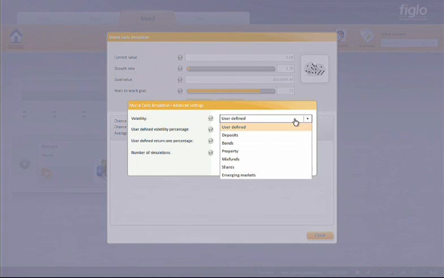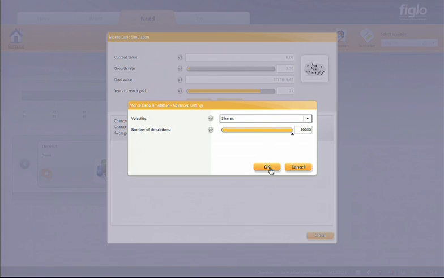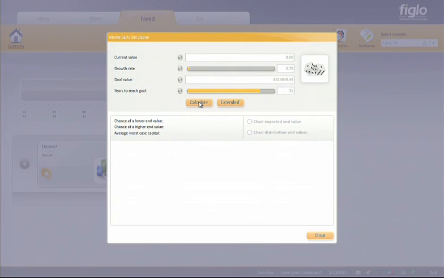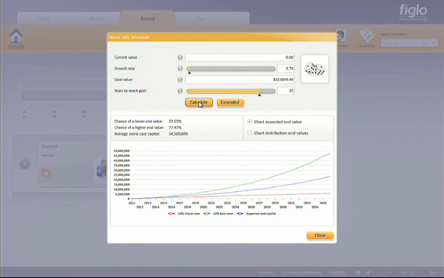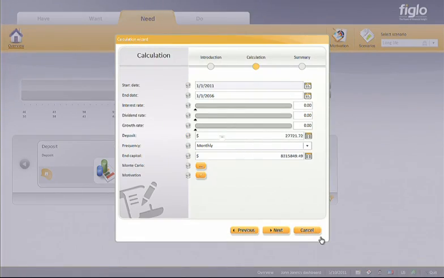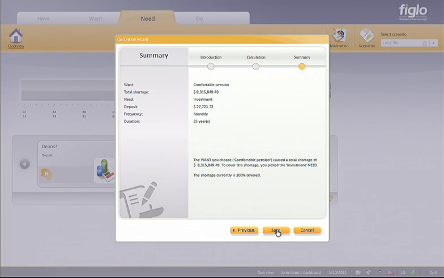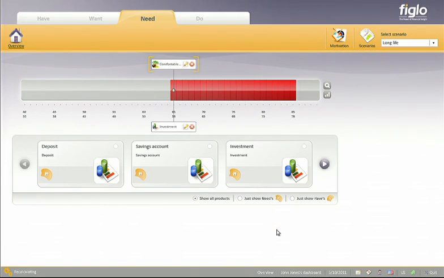I'm going to go ahead and change this from a standard investment to an investment in different equities. And I'll do a quick calculation and run about 10,000 Monte Carlo simulations, and I can now see with about a 77% probability that this investment will meet the needs. So the system will do a quick recalculation and find that, yes, I can afford retirement up to a certain point.